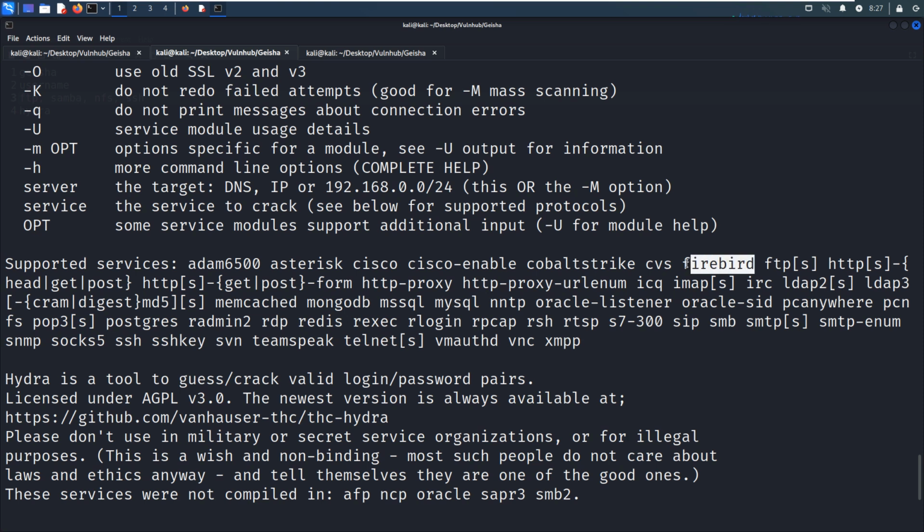I never encountered this service. Like SIP, RTSP, so many, Telnet, TeamSpeak, SNMP, POP3, PC Anywhere, even PC Anywhere. This is also a fairly popular remote control software.